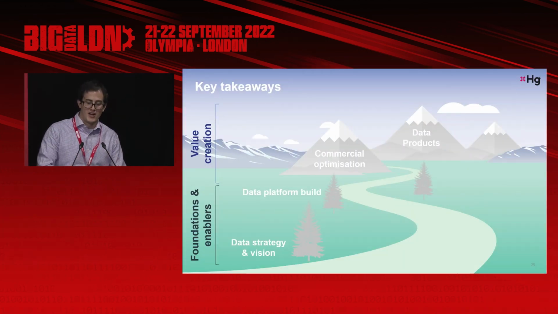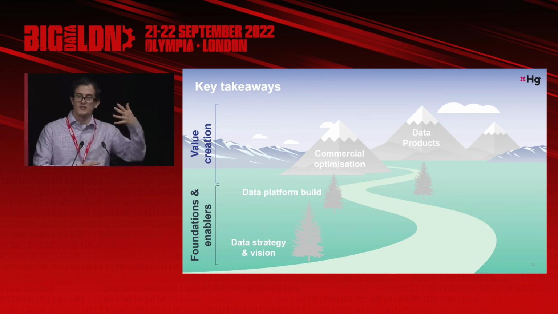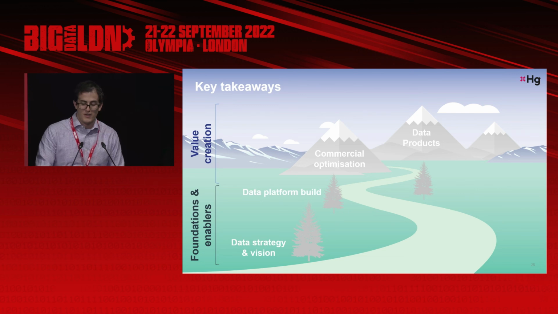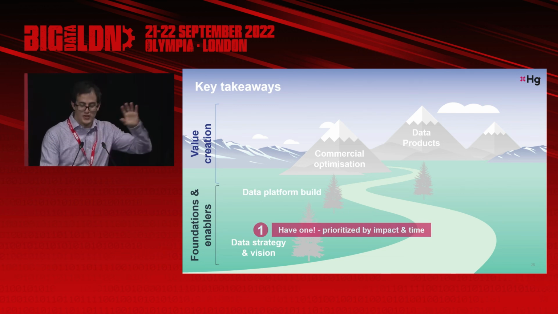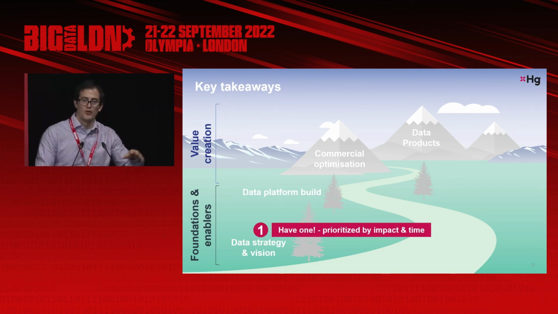So to summarize now, I wanted to flag my key takeaway, so one key message for each of those 4 areas. For the data strategy and vision, assuming that you have one, make sure you don't get caught out making it too long term. Prioritize it not just by impact, but also by time to execute. That rule of thumb, 4 use cases in the first 9 months is what I see as the best sort of balance for a data strategy.